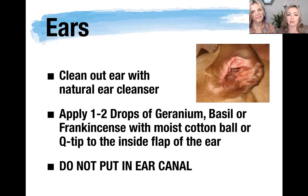Earaches, ears, things, ear problems. So common. So common. And I have a special ear wash recipe that is amazing. It does help with prevention, and it does help when you're having a problem as well, okay? So I'm going to give you the recipe for that in a moment, but I do also want to share